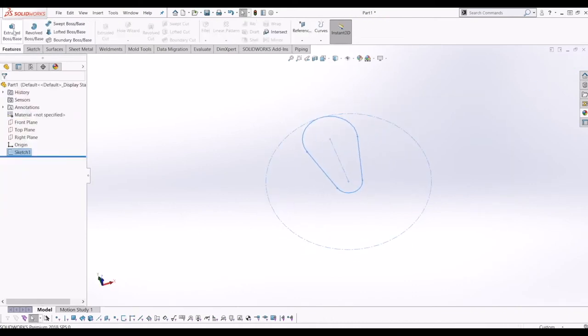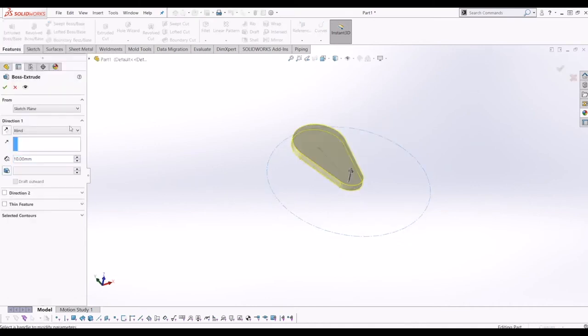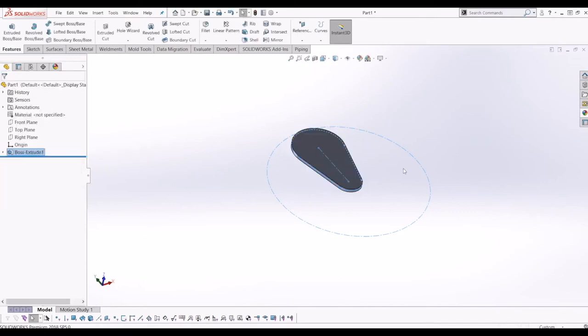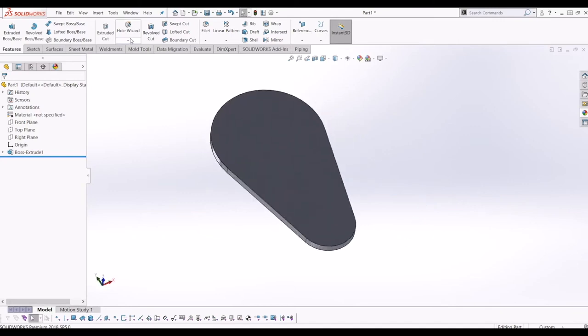2mm. In fact, let's make the blade a little bit thicker. Let's make it 5mm. So I'm going to go down to direction, mid plane. Let's make it 5mm. So from there, I've got this flat shape, and I'm going to go up to insert